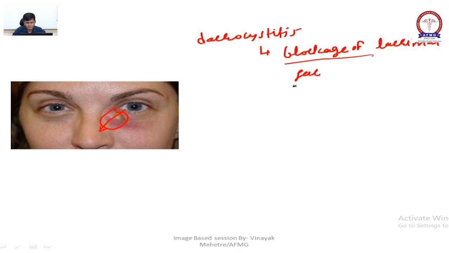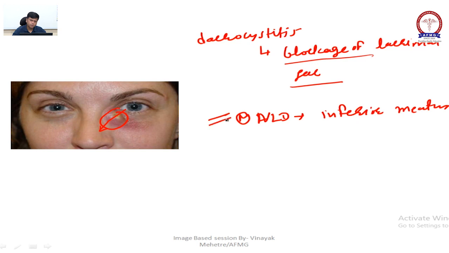Lacrimal sac. Tell me, normally nasolacrimal duct opens in which meatus? Normally the nasolacrimal duct will open in the inferior meatus, right? For chronic dacryocystitis we will do a surgery